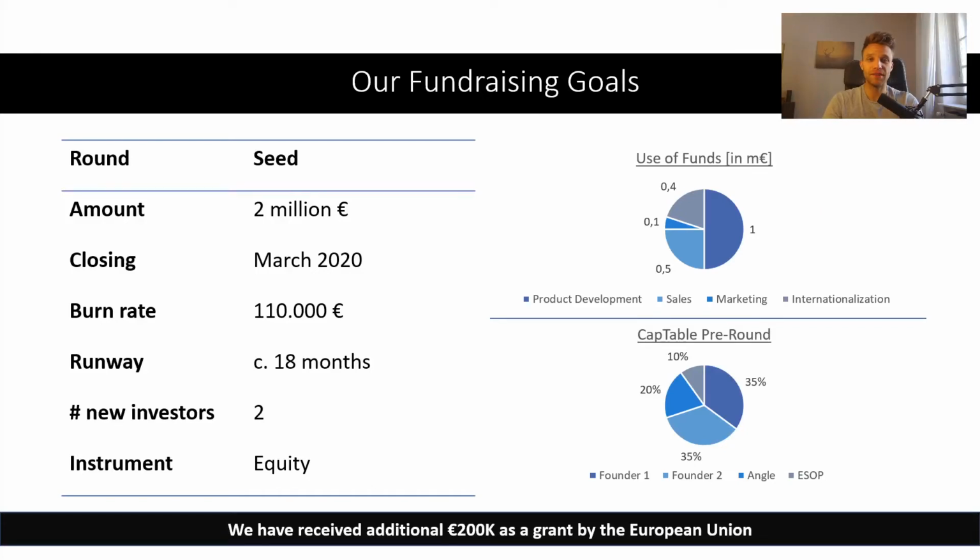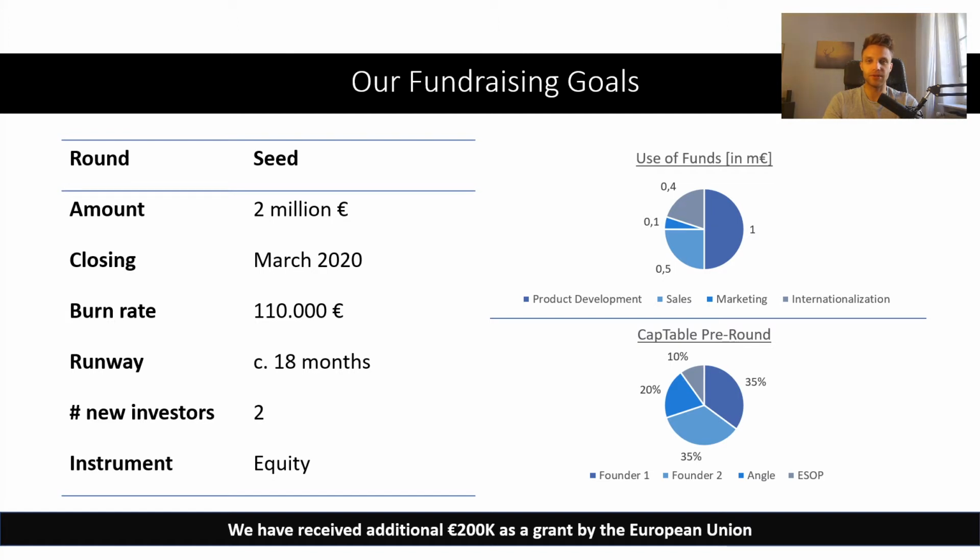So again, an example slide, this time very different. I drafted this one myself. I said it before, there is no ask or fundraising goal slide in the Airbnb pitch deck. I'm sure it exists, but it's not part of the published pitch deck. And therefore I had to come up with one slide by myself. And yeah, let's see what I did there.